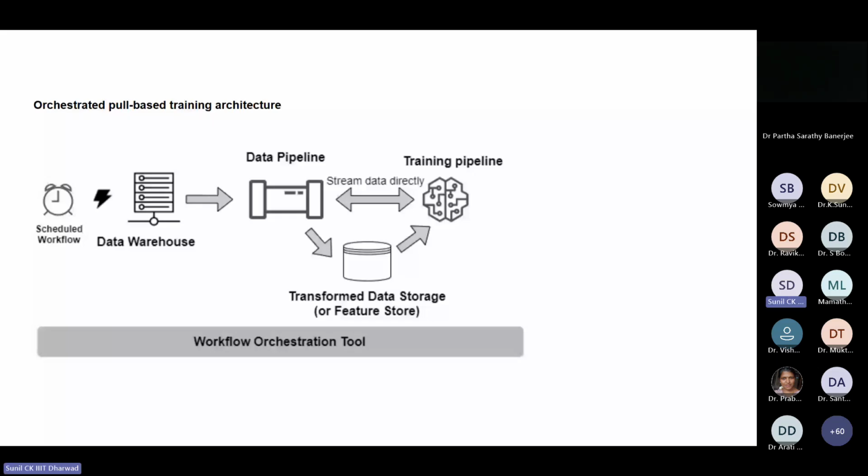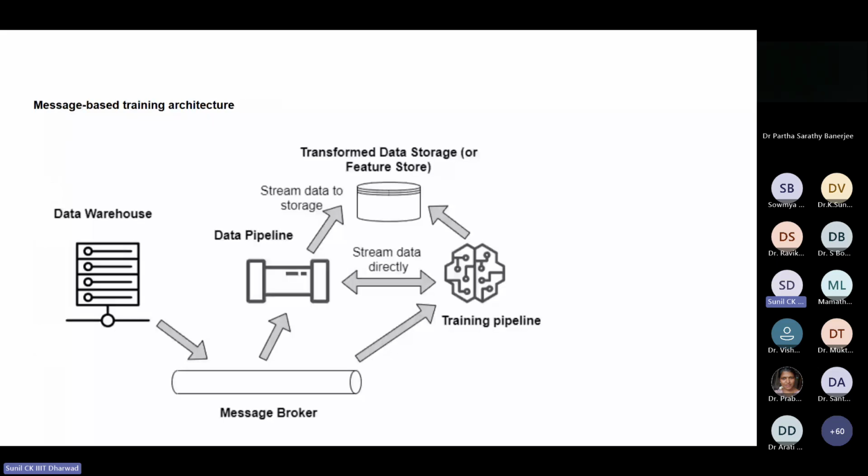So next is the message-based training architecture. This architecture is useful when you need continuous model training. The model has to train continuously as new data arrives from different sources, as we say, mobile applications, web interactions, or any other data source. Data is coming in continuously and is fed into your system. You need to train on the newer data, and when new data arrives, you have to